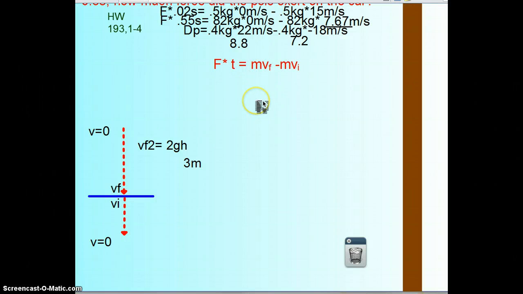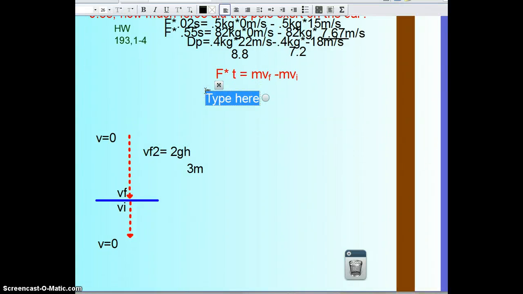And that leads us to number 4. Number 4 has 2 parts. A half kilogram object is at rest. A 3 Newton force acts on it during 1.5 seconds. What is the velocity after that time? That's part 1. So in this case, they actually give us a force. They give us 3 newtons. They give us the time,